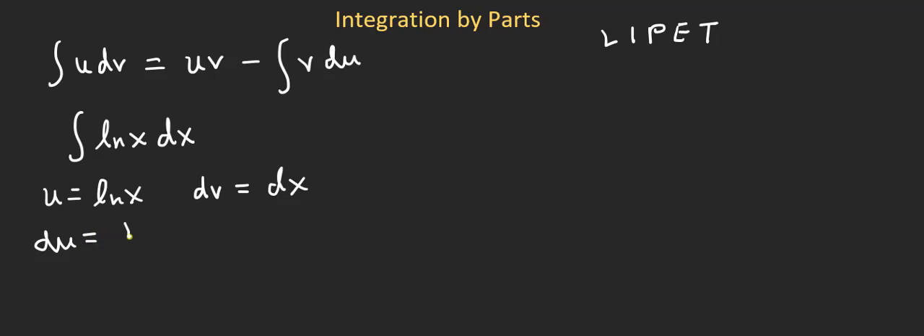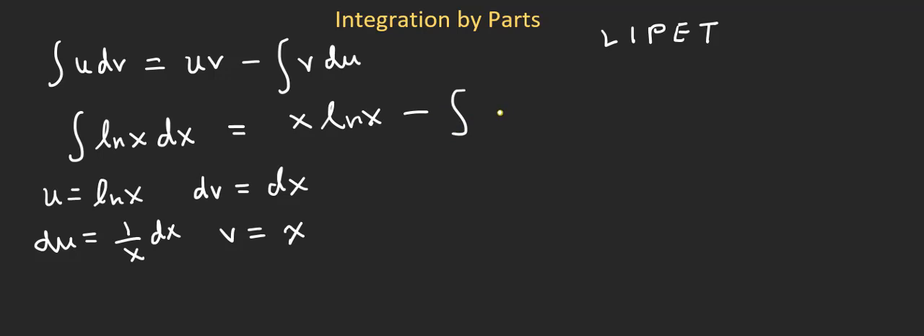du is going to be 1 over x, because the derivative of natural log of x is 1 over x, and then dx. What about v? v is going to be just x. So let's plug it in. You're going to get uv, which is x natural log of x, minus the integral of v du,